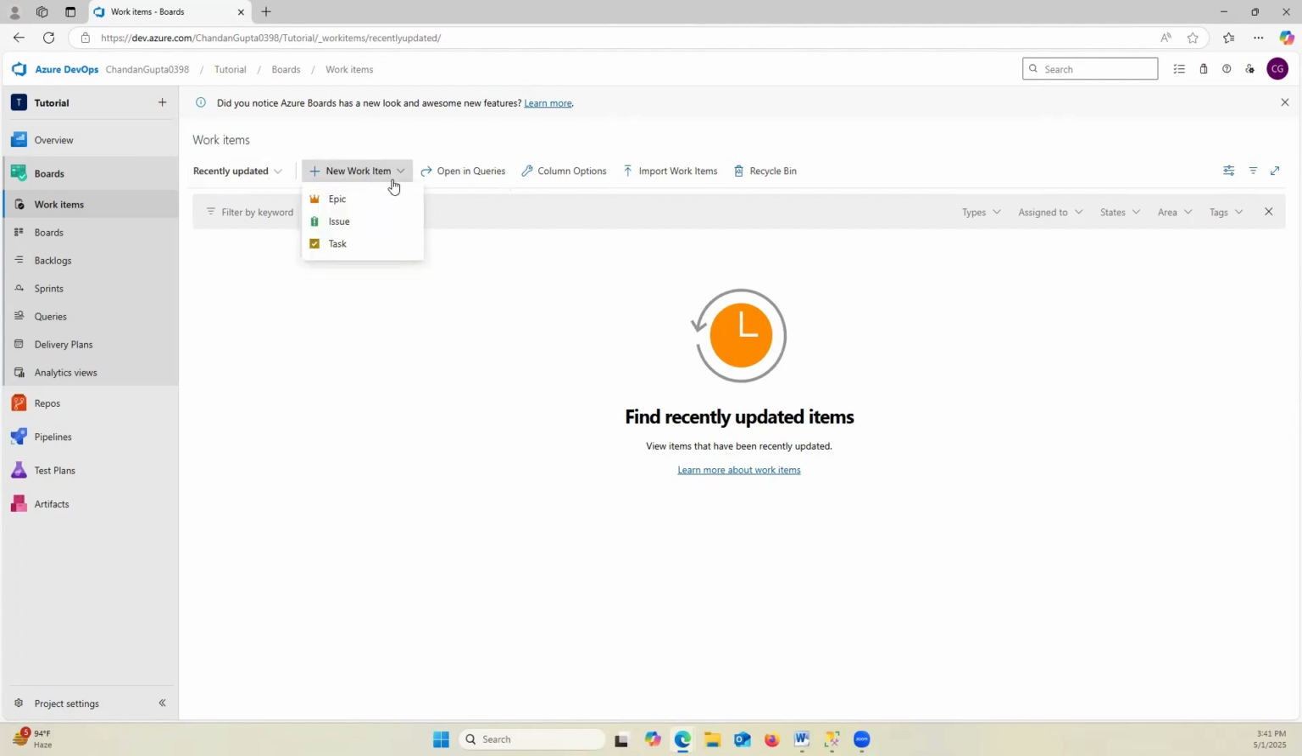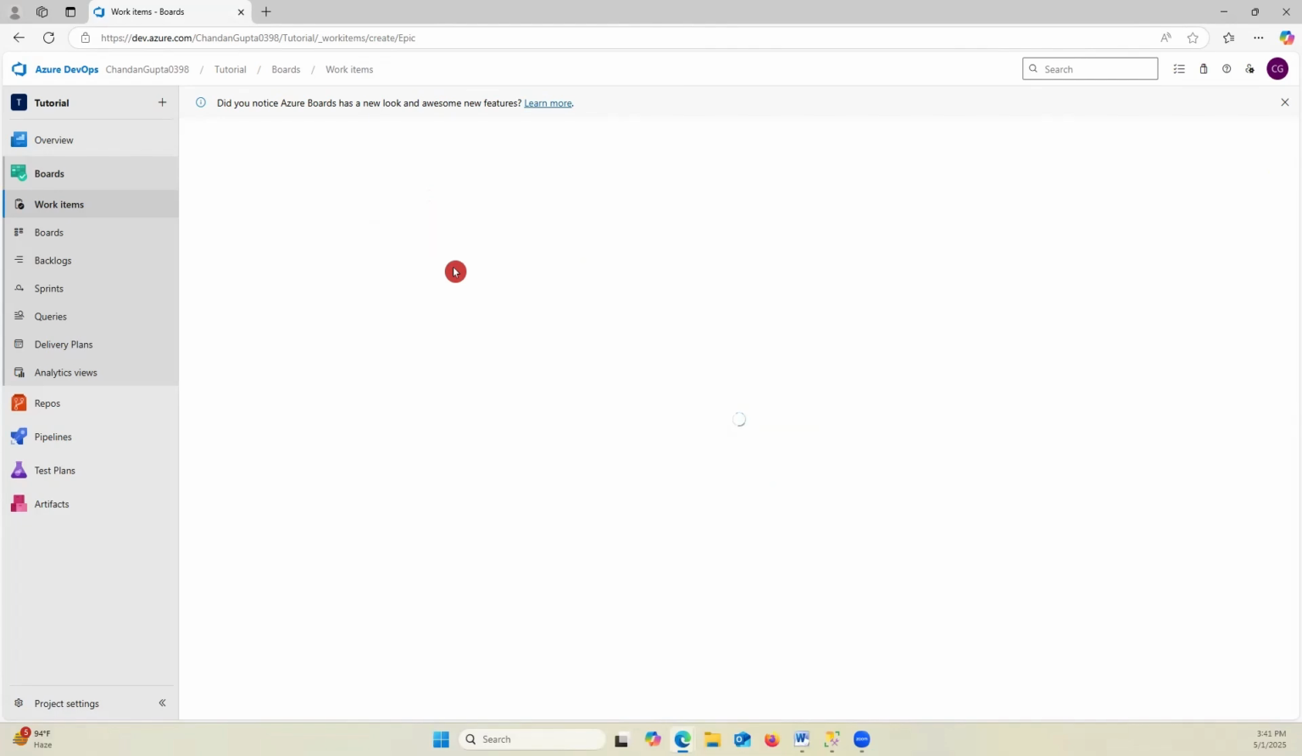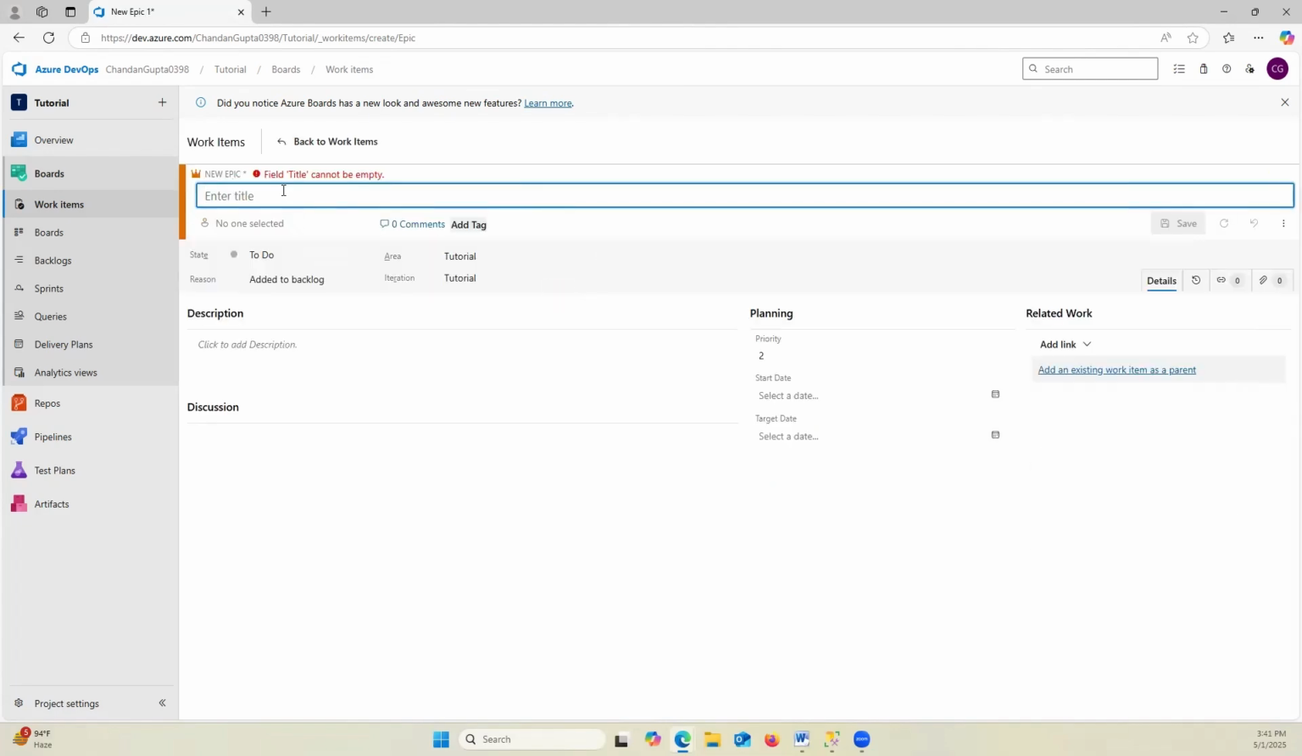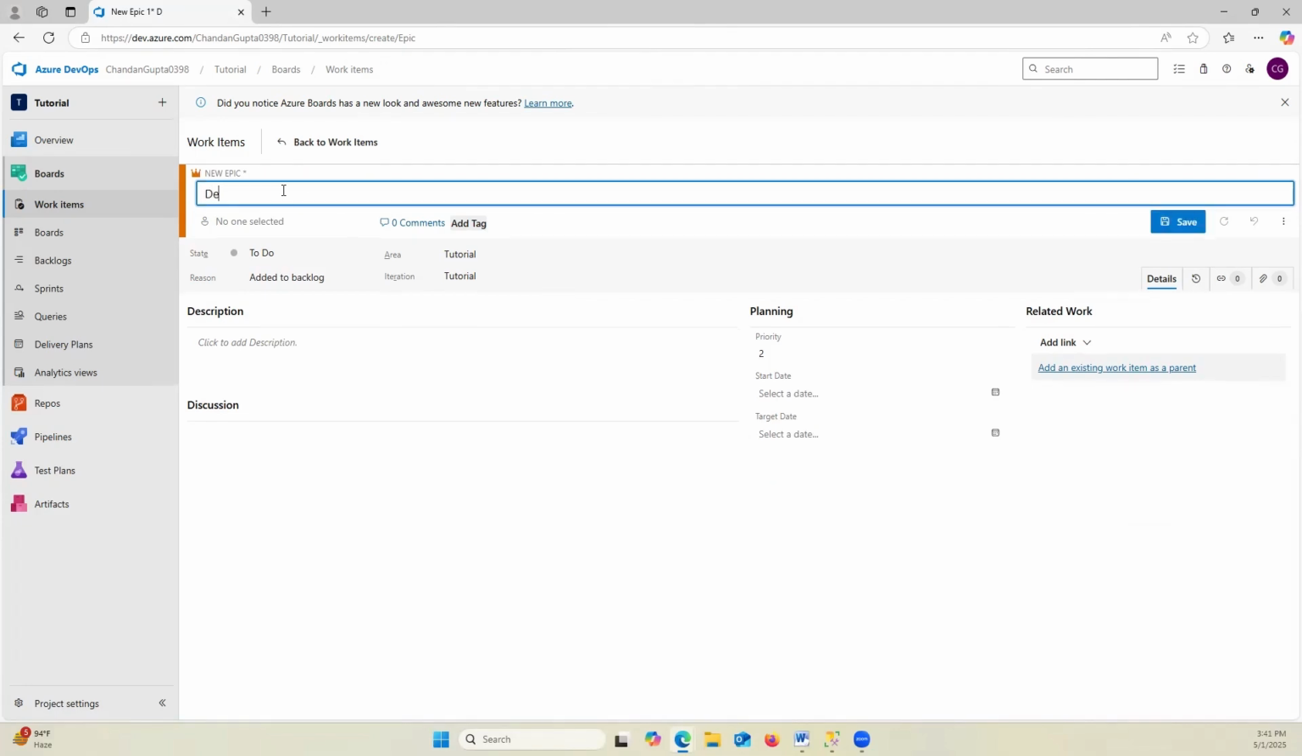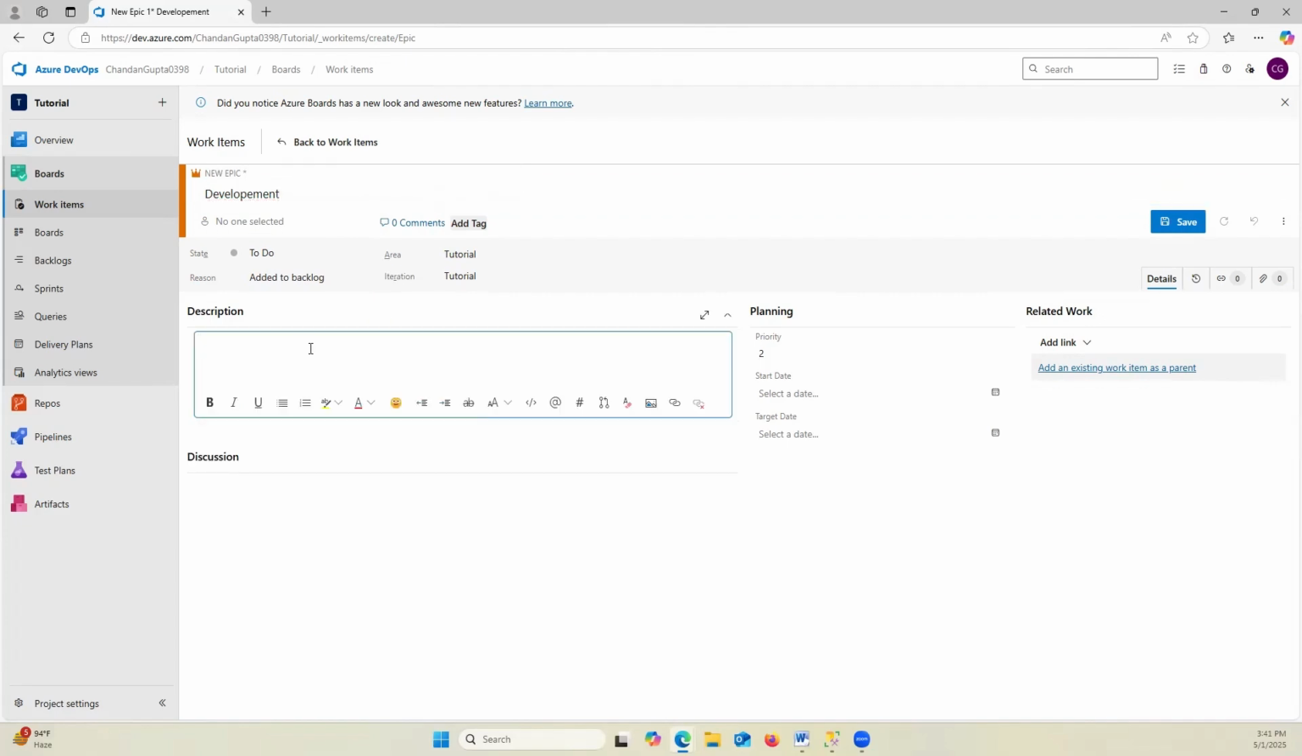So let's say on the board, we can just click on the new work item, and over here if I click on epic, I am able to create an epic. Let's say I enter, for example, development. Okay, so I have created this. I can just write a description: develop something